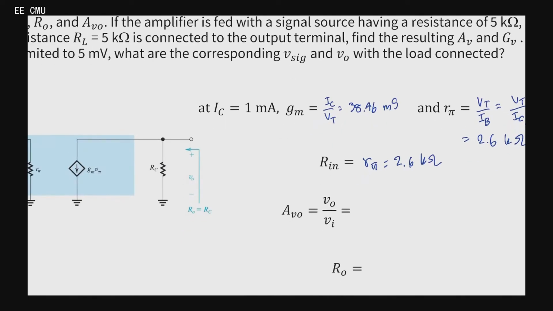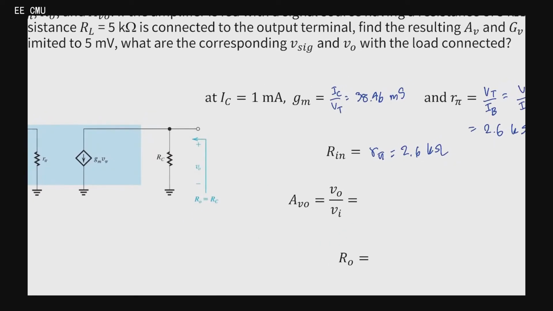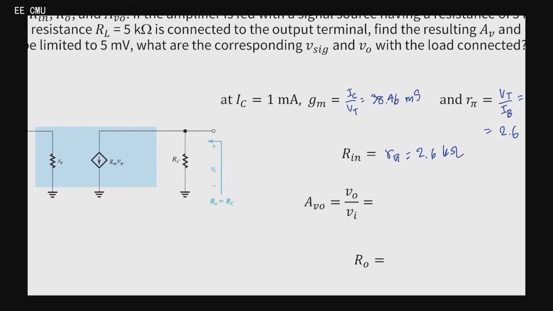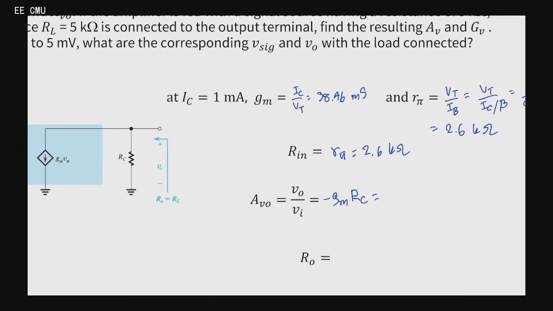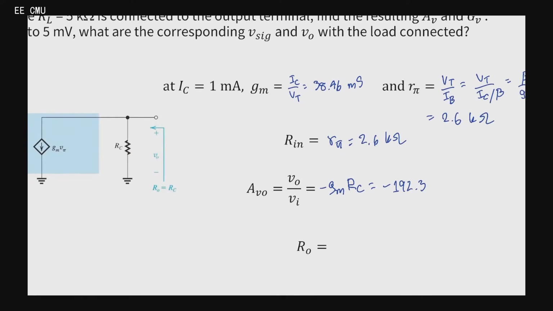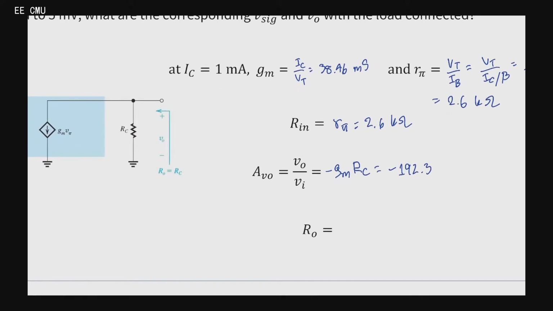Now, let us consider the gain before we actually connect the load. What is that equal to? It is simply negative GMRC, right? This is the case specifically because the load has not been connected to the circuit yet, so we are just looking at the unloaded gain. If you remember, it's negative GM multiplied by the total resistance between the collector and AC ground, right? Right now, with no load connected, there's only RC. Just that one, which equals 38.46 multiplied by 5 kilo ohms, resulting in negative 192.2. And what's next? We need to find the R output, right?